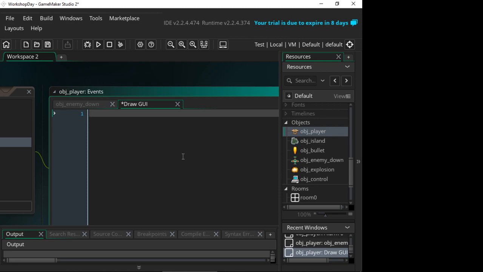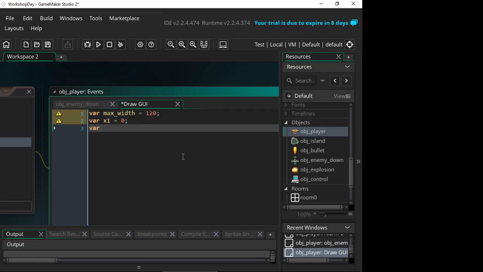So the code we want to use is, first of all, we need to define the width, the maximum width of our health bar. So max width equals 120, for example, and then we want to define the top left point of the rectangle. So the top left will be 0, room height. So we're going to draw it at the bottom left corner of the screen, right? 0, room height, and then the other point of the rectangle that we'll define will be